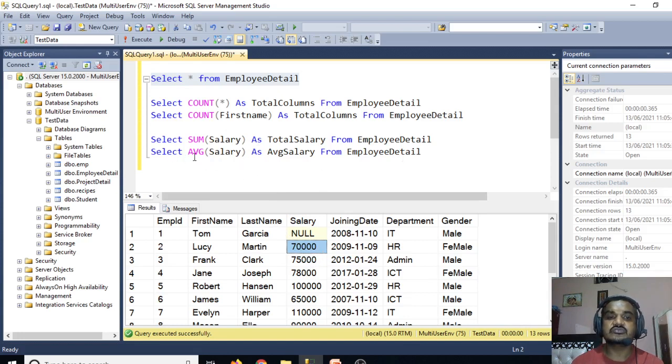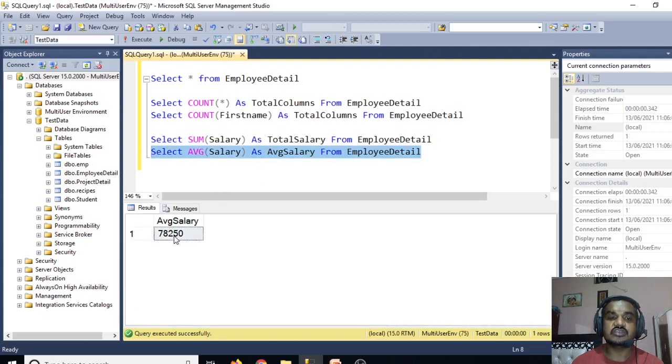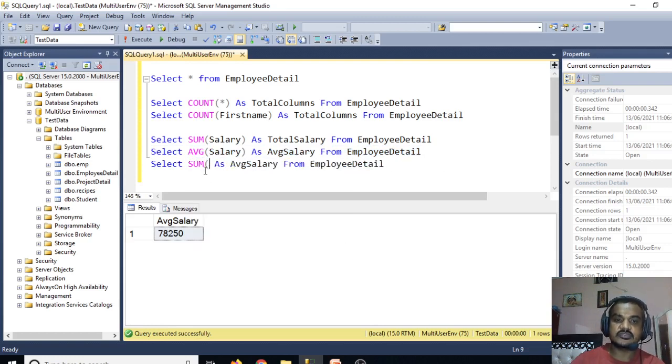So let's have a look first at this average function. So select average of salary as average salary from employee detail. This will give some value, 78,250. Now we'll cross check whether it is correct or not. So we'll give sum of salary divided by count, right?